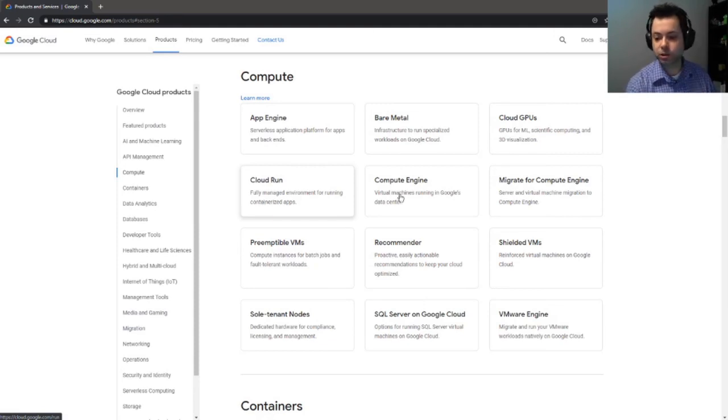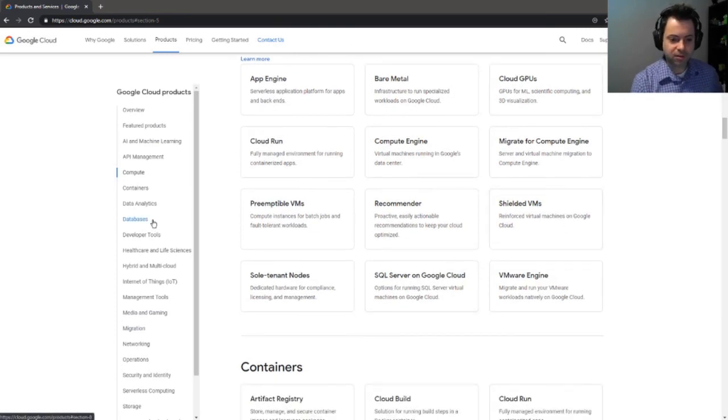For instance, in the compute engine here, this was, again, your infrastructure as a service. We have a whole plethora of things we can use, right? There is compute engine, virtual machines. We have app engine, serverless application development. You have cloud GPUs. Do you need graphics processing units for your machine learning applications, your TensorFlow applications, whatever you're using? Hey, here's a GPU that you can use to run CUDA or something like that. So there are just a whole lot of things that you can be doing.